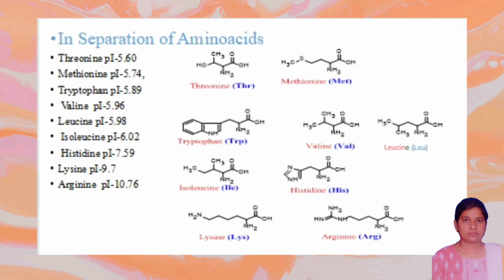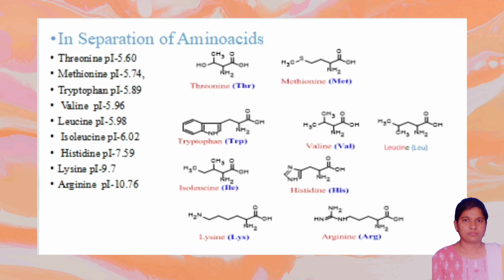Let us see the application of ion exchange method in separation of amino acids. Urad dal contains 9 essential amino acids such as threonine, methionine, tryptophan, valine, leucine, isoleucine, histidine, lysine, arginine. The pH at which the amino acids attain both positive and negative charges on respective amine and carboxyl functional groups is called isoelectric point and the ion is called zwitterion. At pH below isoelectric point, the amino acids are in their positively charged form with NH3 plus and COOH groups. And at pH above isoelectric point, the amino acids are in their negatively charged form with NH2 and